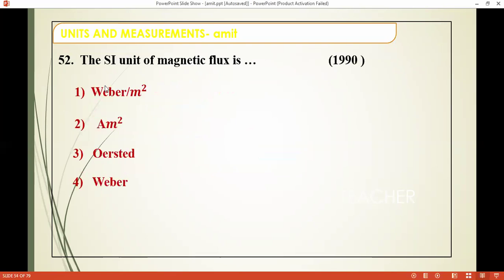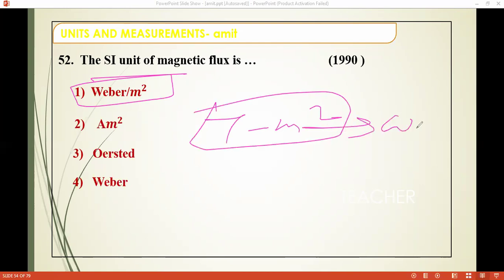It's a unit of magnetic flux. Magnetic flux is also measured in Weber per meter square. The question is talking about magnetic flux, which you can also express as Tesla per meter square. You can use it, this is also needed there. This is also Weber, so Weber is the answer. Okay, next question.